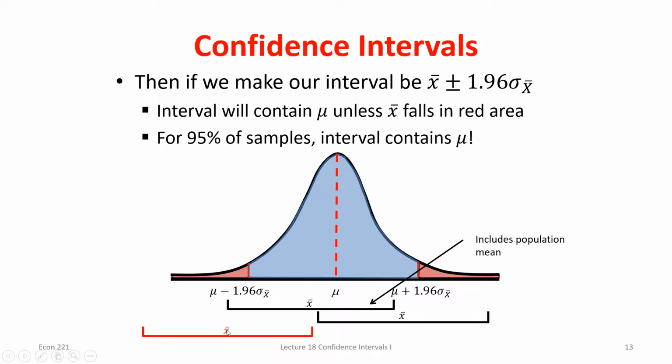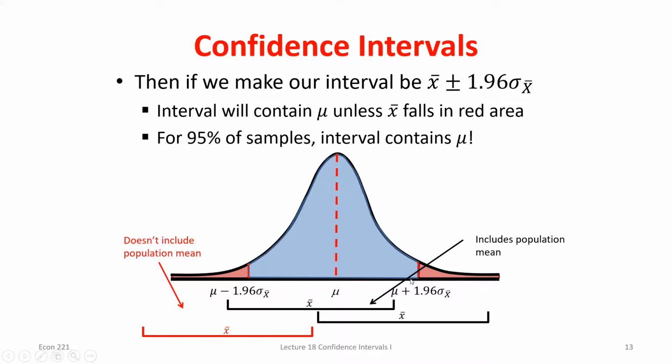But if I did have that as my sample mean and I built my confidence interval, it would not include that true population mean. So if I see any sample mean that's in this red range, more than 1.96 standard deviations away from the true population mean, my confidence interval for those values wouldn't include it. This doesn't quite include the true population mean. So if I took an infinite number of samples, 5% of the time when I build my confidence interval, I'm not going to be capturing the true population mean.